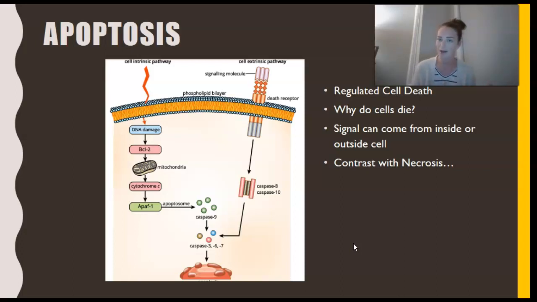So the main part of what you need to gauge about apoptosis is, one, the steps that a cell undergoes to follow this pathway of apoptosis. What is this regulated pathway and what does it look like? What does it involve? Appreciating that the signal for this process can come from inside the cell or outside the cell. That is a really big idea to get the difference between. And it is being used as an example that you can apply that signal transduction response model to.